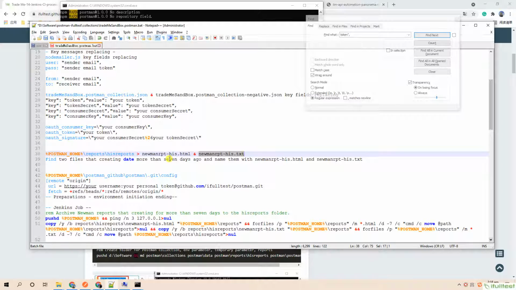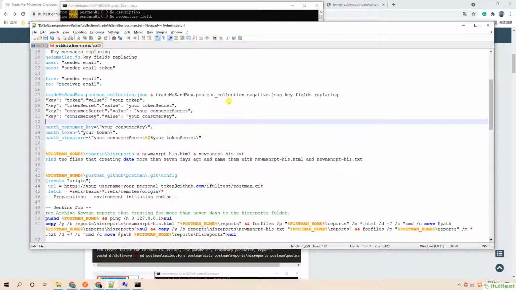Till now, we have finished the initiation works. Then start your Jenkins server and continue to build a Jenkins job.